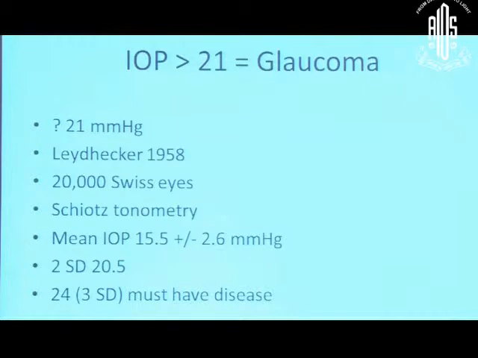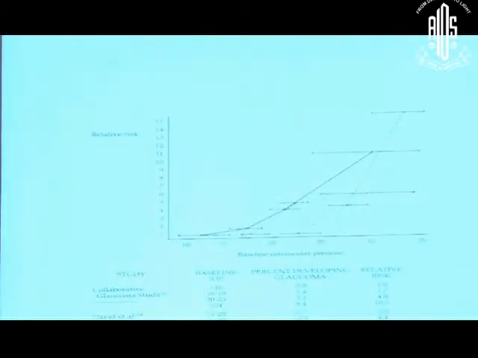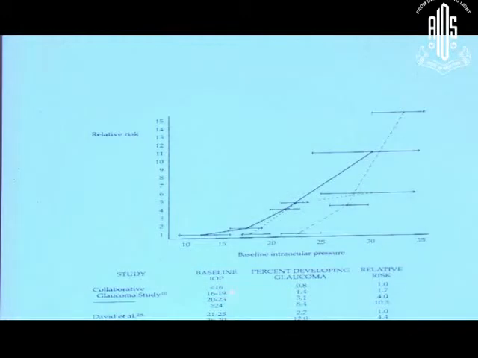So with that background, this work was ratified a bit later by the Collaborative Glaucoma Study, which told us that when the pressure is between 20 and 23, the relative risk of developing glaucoma increased to 4 times compared to when the pressure was less than 20. Also, the second thing which I showed you in the previous slide was also ratified, that with the pressure above 24, the relative risk of developing glaucoma increased 11 times. Now that was way back.